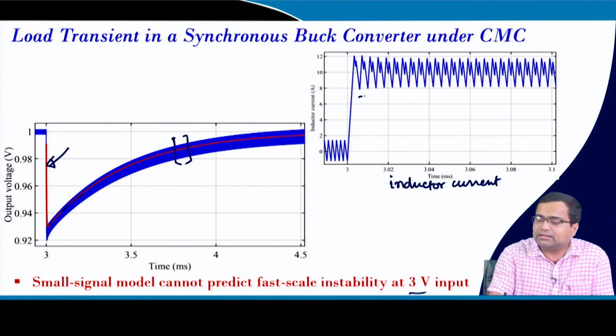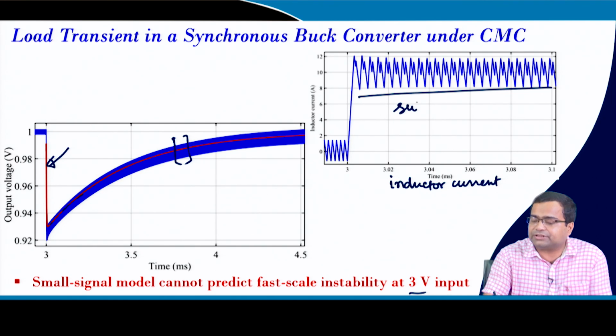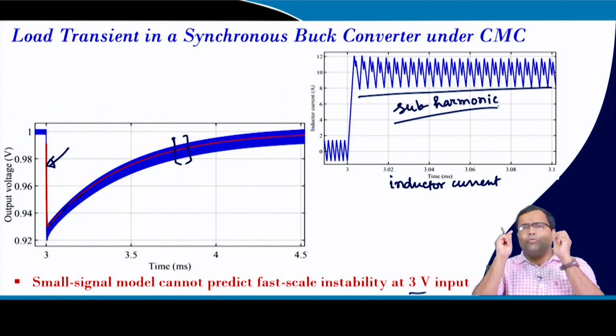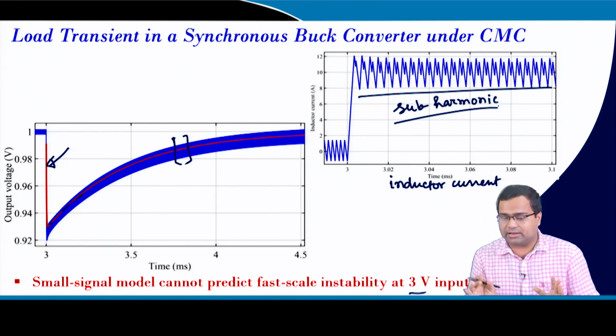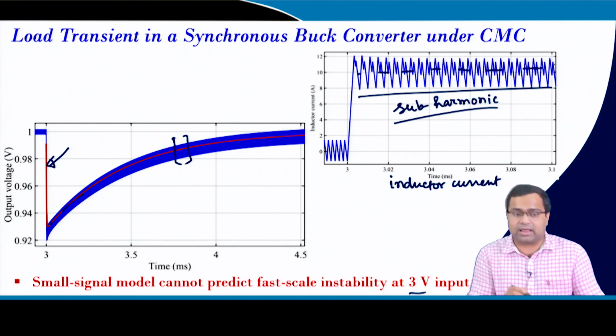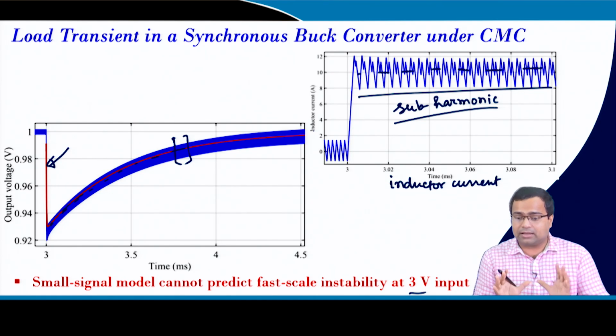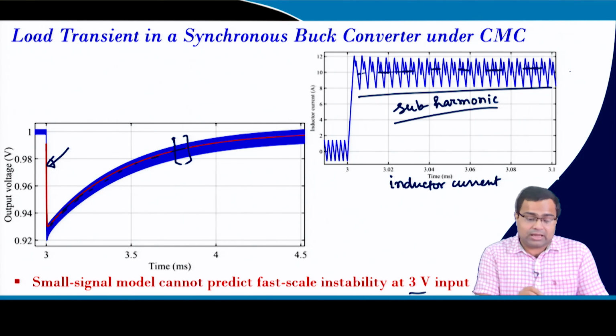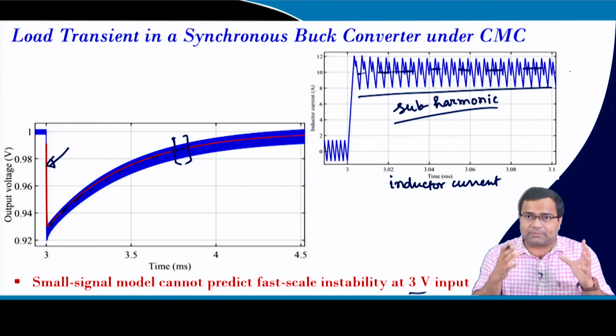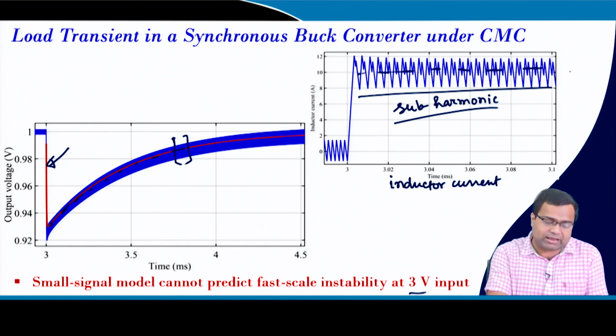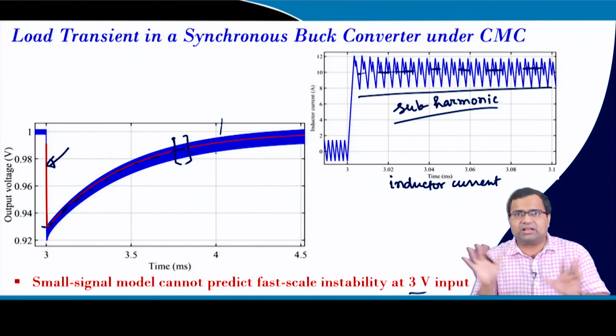you will find subharmonic oscillation. That means, in our common sense, I will not say it is a stable behavior. In the average sense, yes, it is a stable behavior, and that is why the model is predicting average behavior. But this model is unable to capture the subharmonic instability, because if you obtain a model and design a controller and you say that okay, I can achieve this much undershoot, my settling time is this much, so it is perfectly fine.